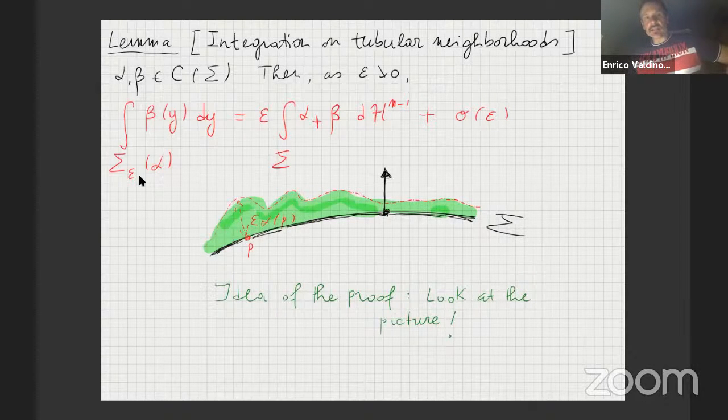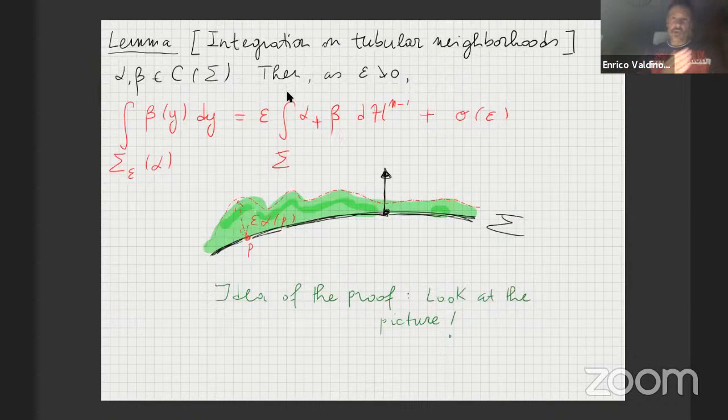And so when you integrate the function beta over this tubular neighborhood, it shouldn't be too much of a surprise to discover that the integral that you get at the first order in epsilon is just epsilon times the integral over sigma of alpha times beta, or if alpha changes sign, say the positive part of alpha times beta. And I promised we were going to see a proof of that,